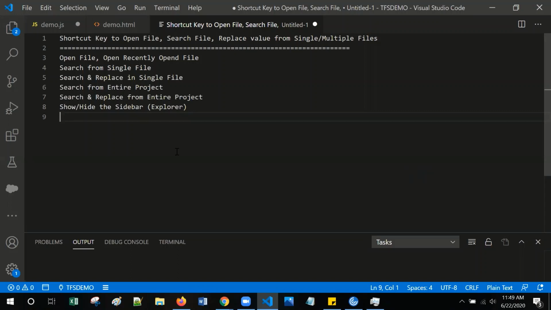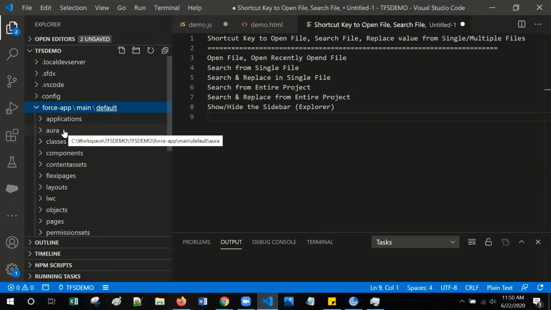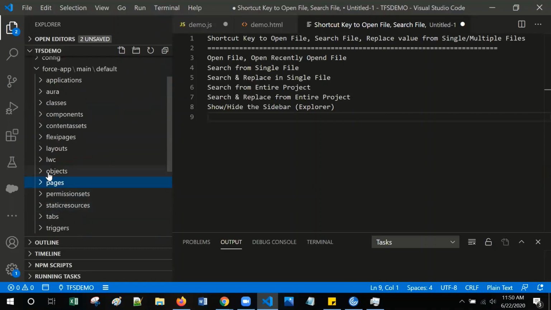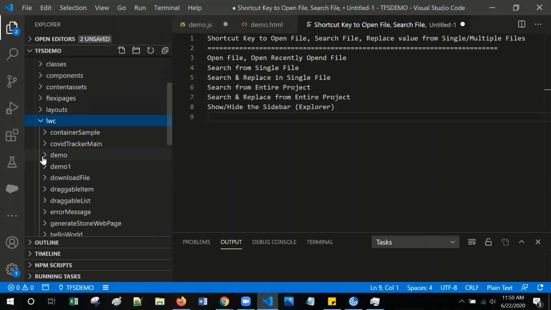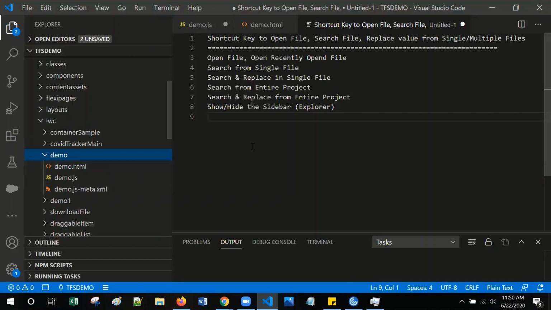To view the folder structure, from the activity bar, click the Explorer icon or use the key shortcut Ctrl+Shift+E to open the folder structure in the sidebar. Under the folder, it lists the Salesforce related components, for instance, Aura components, Apex classes, layouts, LWC components, VF pages, and triggers. If you want to open an LWC component, click that LWC, navigate to the component name, then click the relevant file you want to work on in the editor.